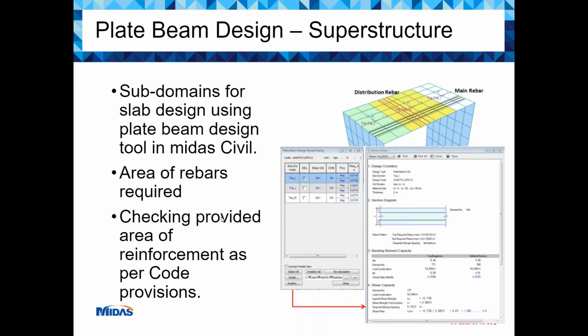Of course, to get these reports, you have to first make a domain of your bridge deck, and in a domain, you have to make subdomains using the plate beam design tool in Midas. And then when you make the subdomains, you can specify the areas. You can check for the provided area, or you can design for that area. And the same applies to the detailed design. As you can see here, it's really very detailed,